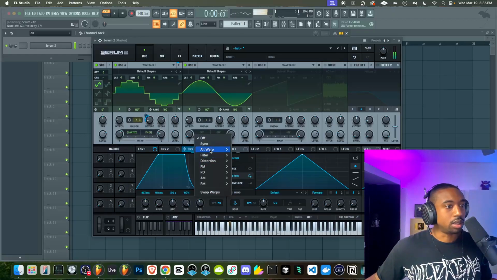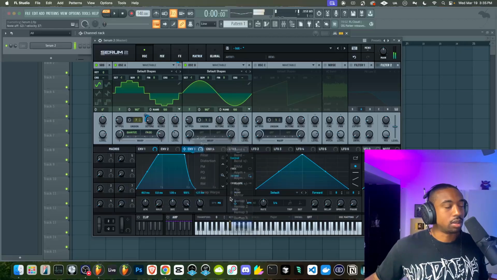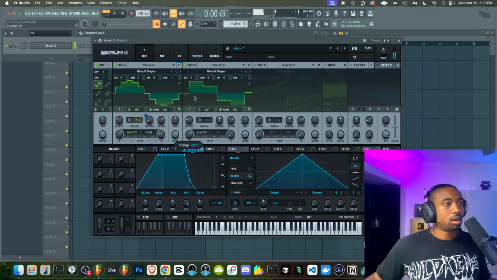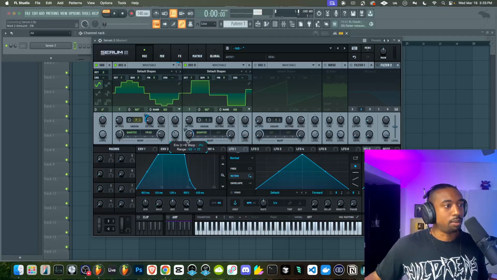Now let's also do the quantize effect on the first modulator and have that modulate.